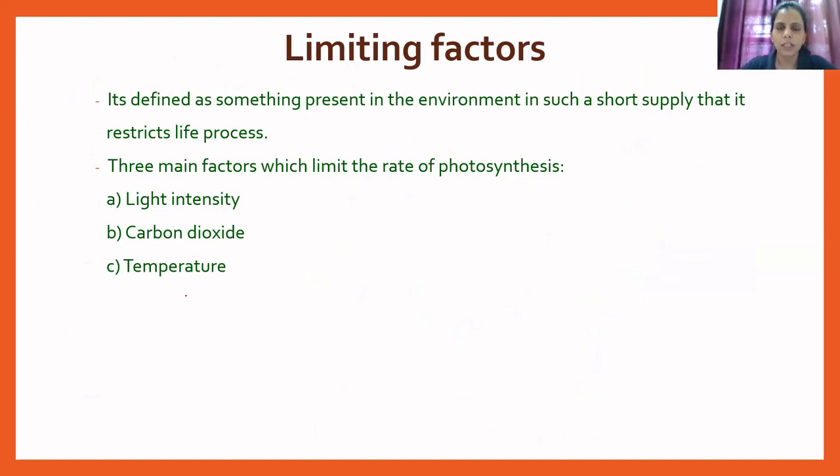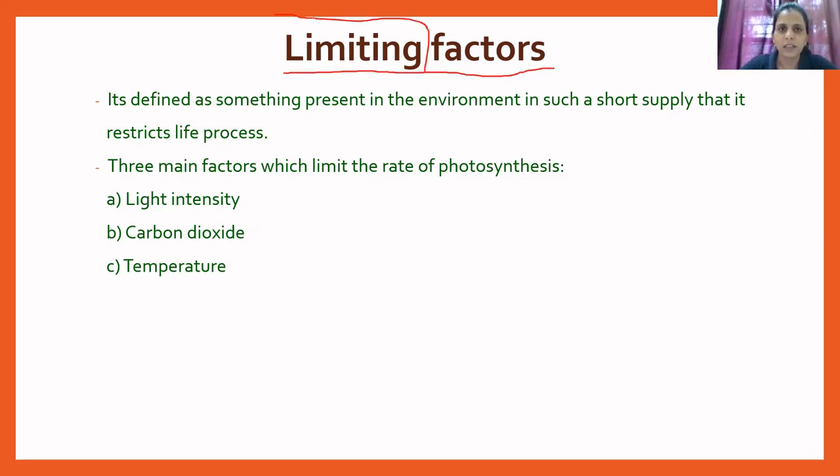the plant. Now, it might happen that sometimes any of these factors is present in very large amount, and other factors are present in lesser amount. So the factors which are present in lesser amount in the environment always control the rate of photosynthesis in green plants. And these factors which are present in lesser amount and always control the rate of photosynthesis are known as limiting factors. So the name itself,